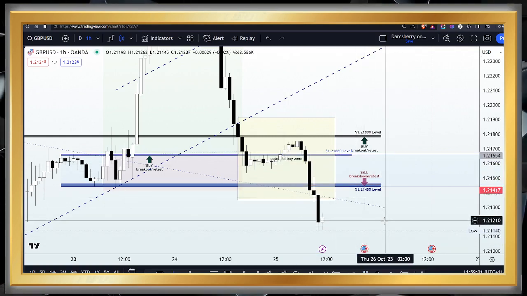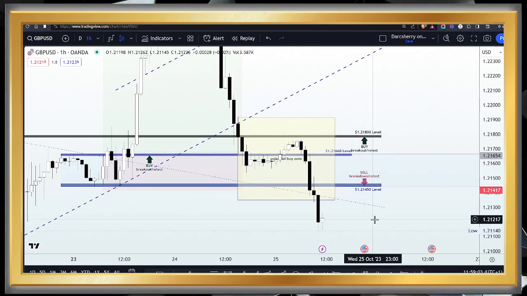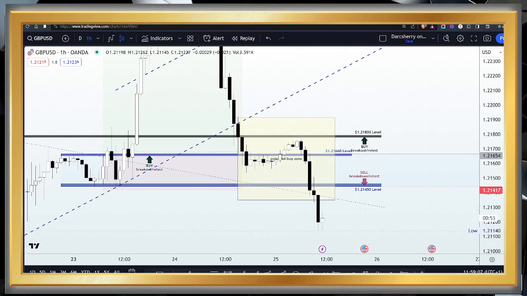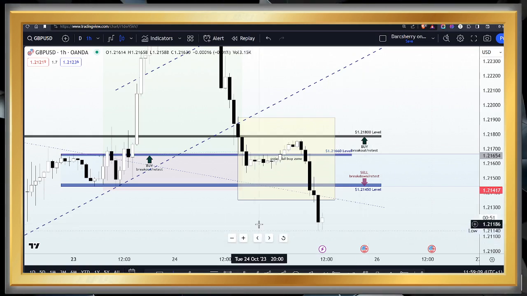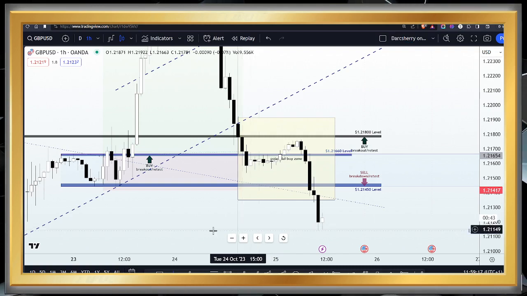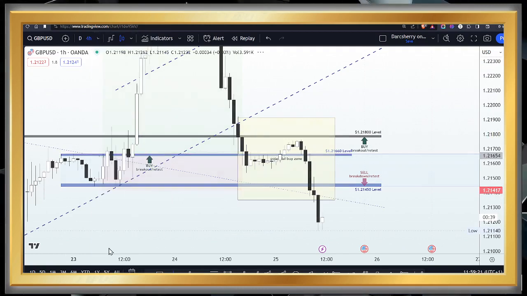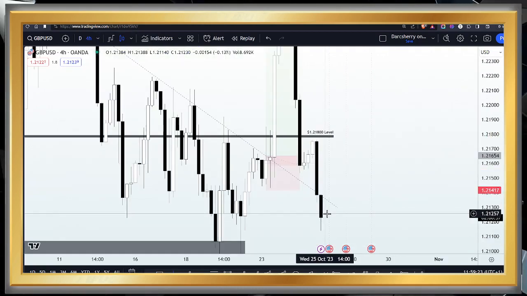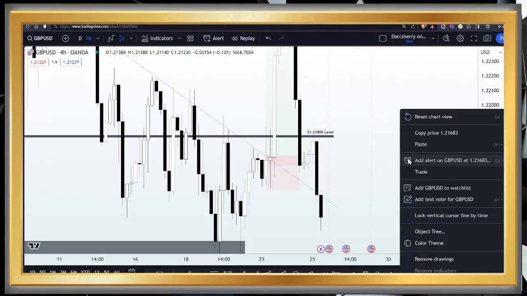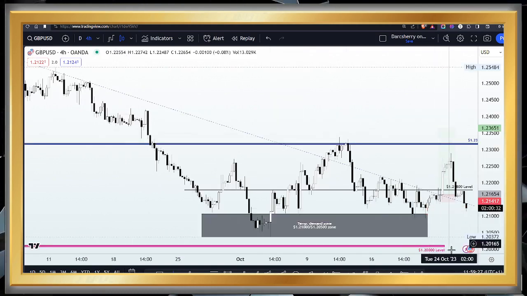Now, with a well-secured sell position at this juncture, what is going to be our next line of action for today's trading session? Are we going to continue selling the GBPUSD, or are there chances that buyers could come in considering the demand zone we identified on the higher time frame? Now let's scale up into the higher time frame here. Let's go to as far as the 4 hours time frame to look at